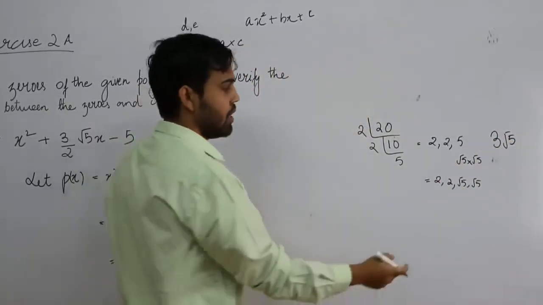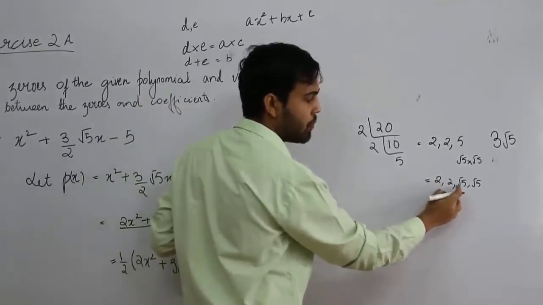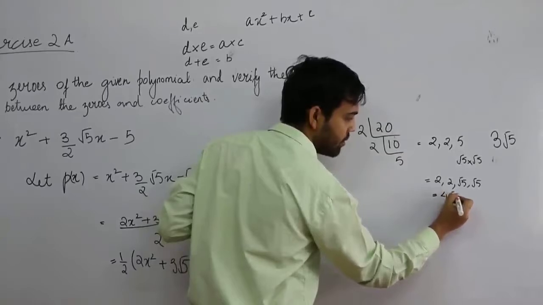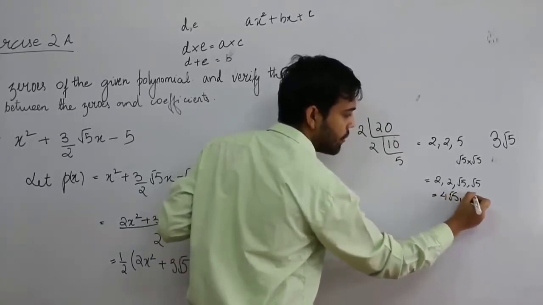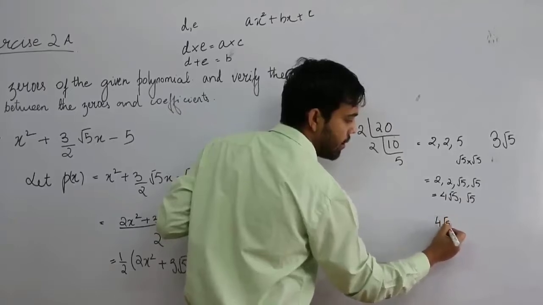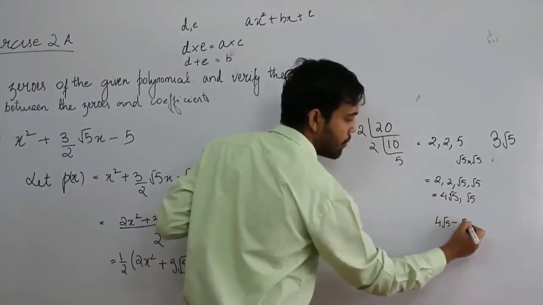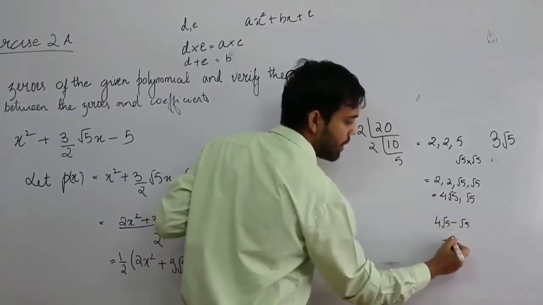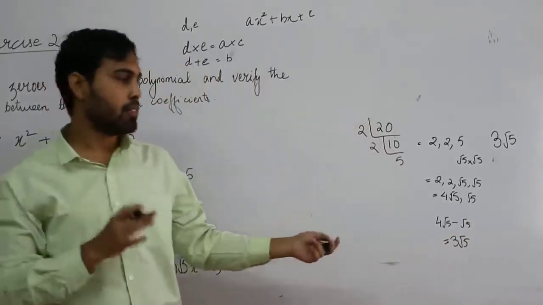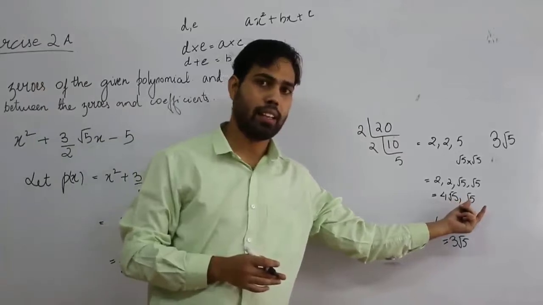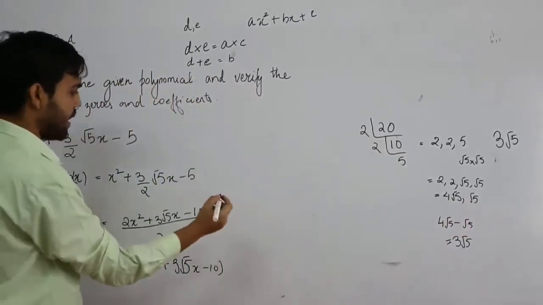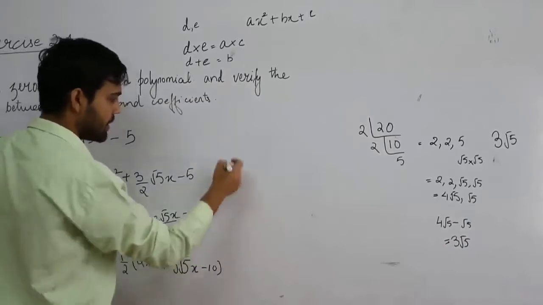How to do so? I have 2 into 2 is 4, 4 into root 5 is 4 root 5. And then I have a root 5 in here. Now you see, when I take 4 root 5 and subtract root 5 from it, I will get 3 root 5. So my two numbers are 4 root 5 and root 5. So using this in here, after this step,